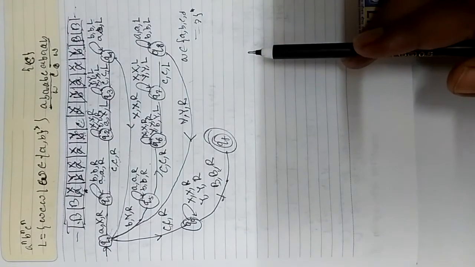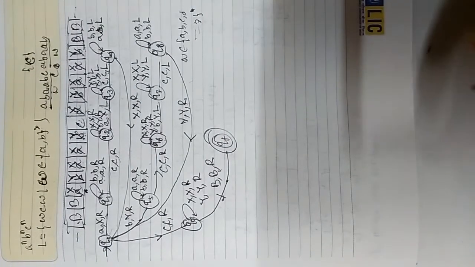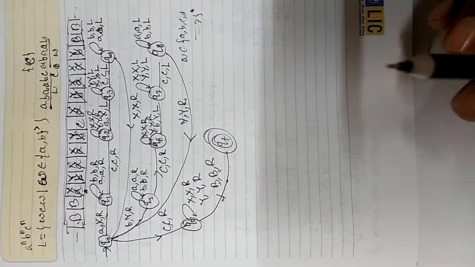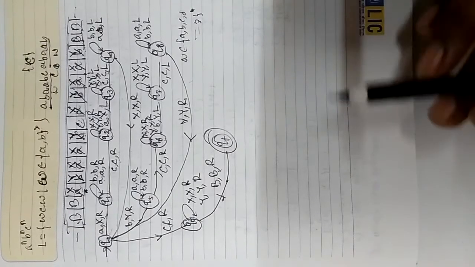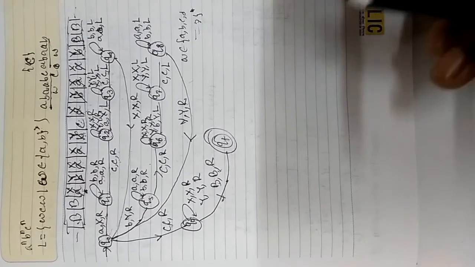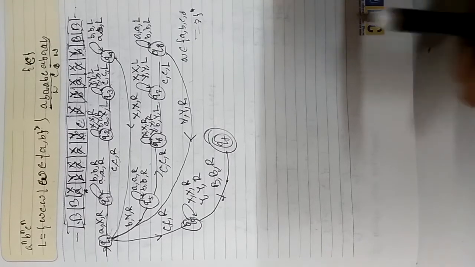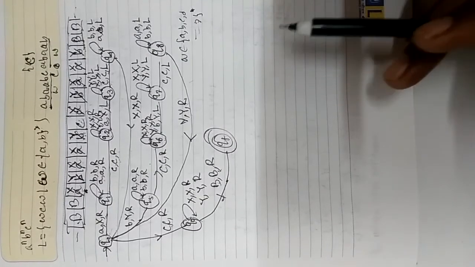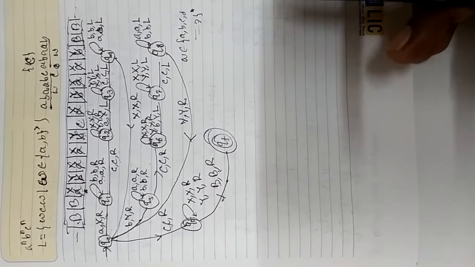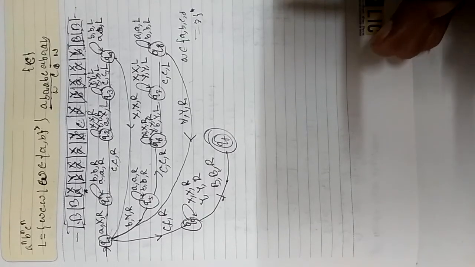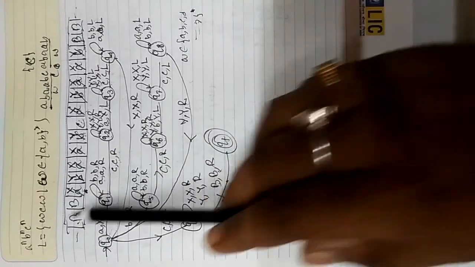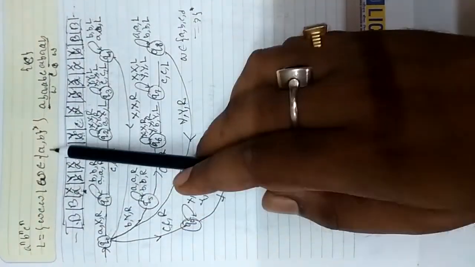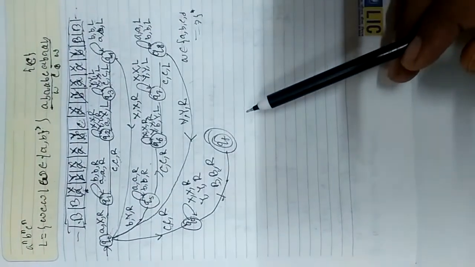Though it is very time consuming, we will not focus on the time. We will focus on whether the machine can ultimately read that particular language or not. So the Turing machine can handle this language. It may take a long time, but ultimately you can get the result. So this type of problem can be easily done by a Turing machine. Okay, thank you.